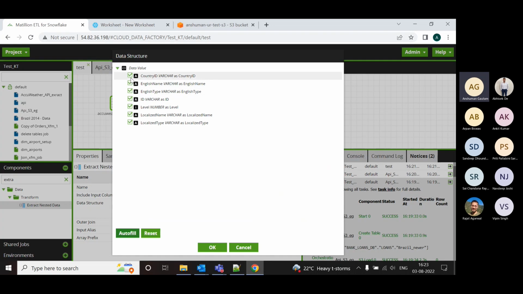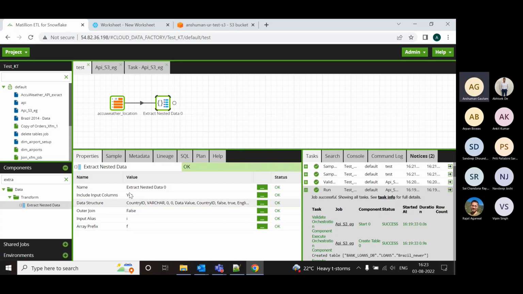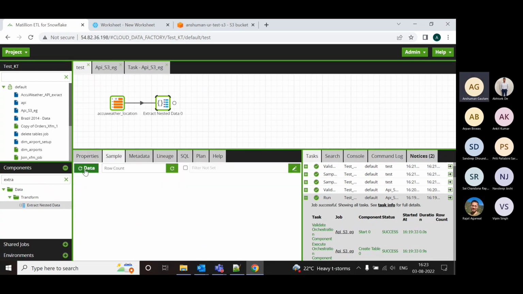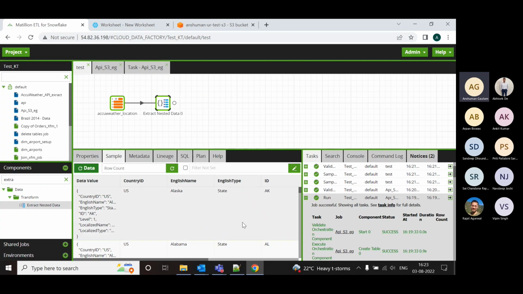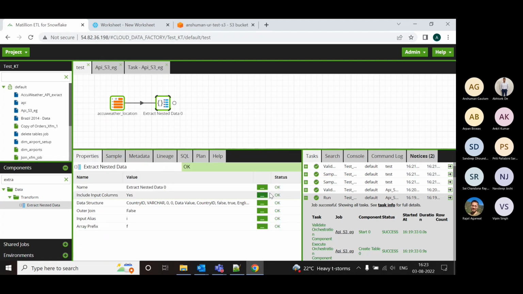So let's say we want to use all of these columns and see a sample of it once we use this component. If you are able to see, we are able to flatten it. Don't worry about this data value column. That is the first column, and that is a property which we have created. So let's say we want to